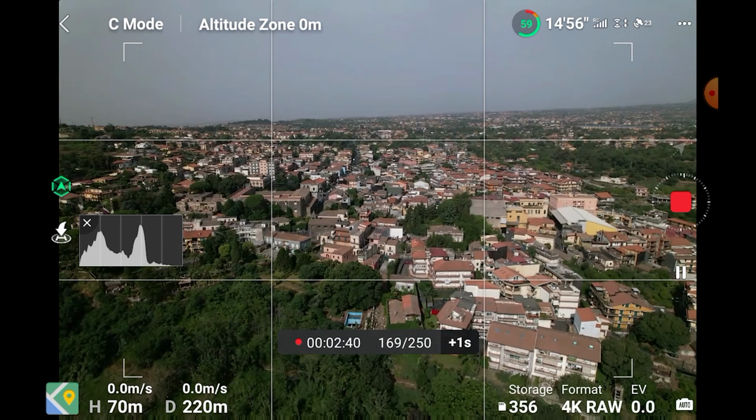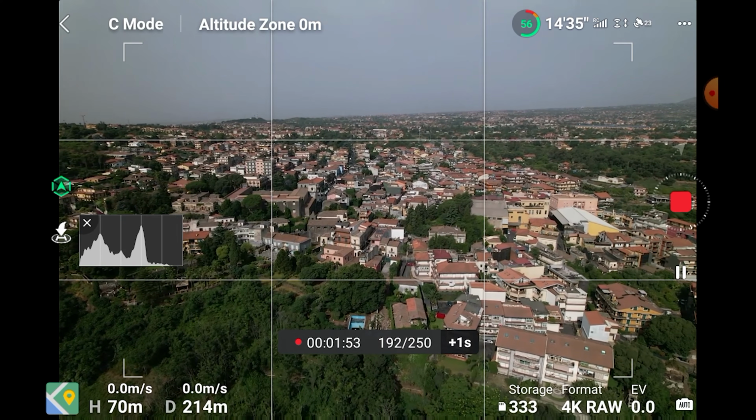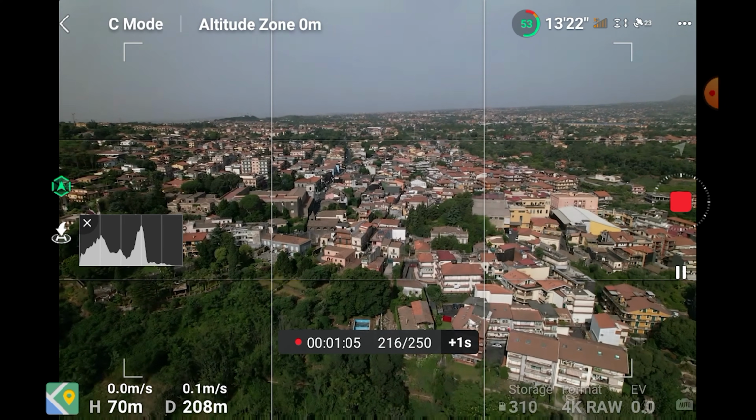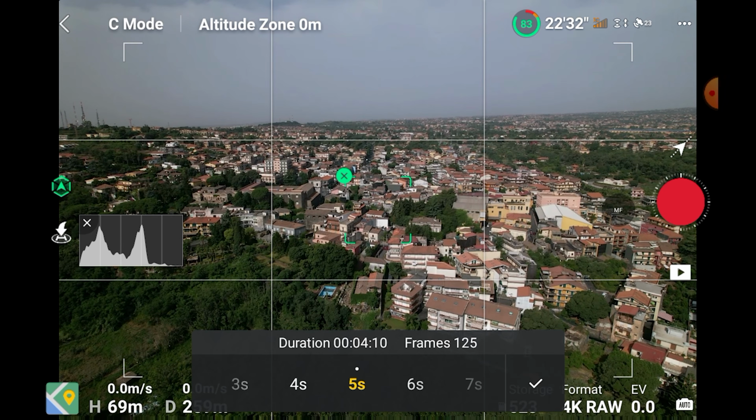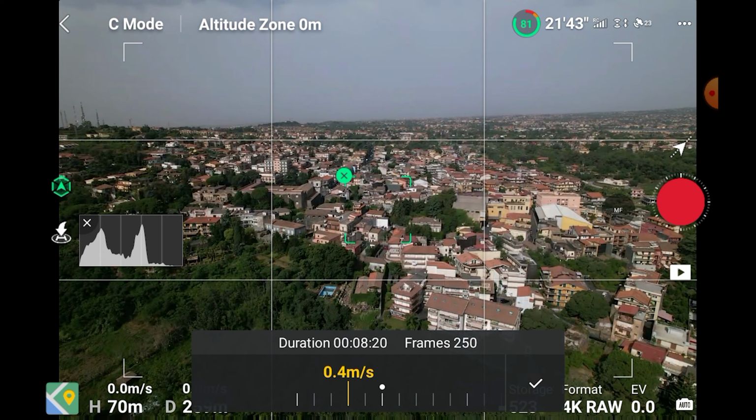If we don't specify a target, the aircraft will simply advance towards the chosen direction. We can now choose the interval, length and speed of our move. The minimum interval is now 1 photo every 2 seconds, even with RAW files, which is excellent. I normally like to set the length of my hyperlapses at 12 seconds, which will require 10 minutes at an interval of a shot every 2 seconds. Finally, we set the speed, and I'm glad to notice that we can choose a speed as low as 0.1